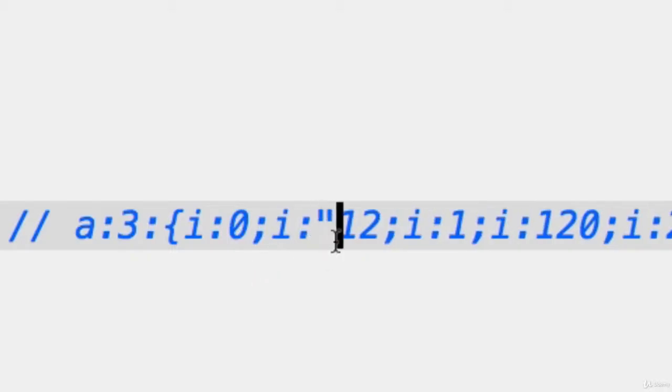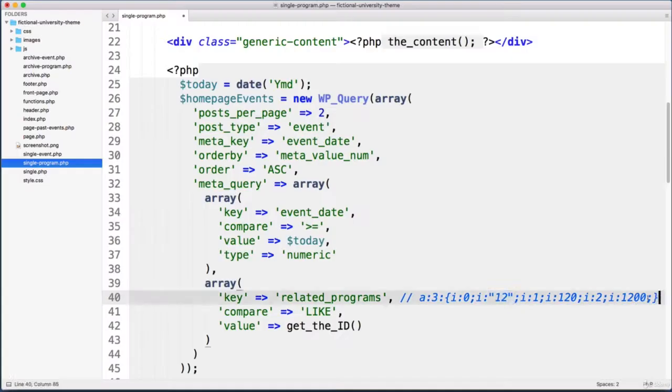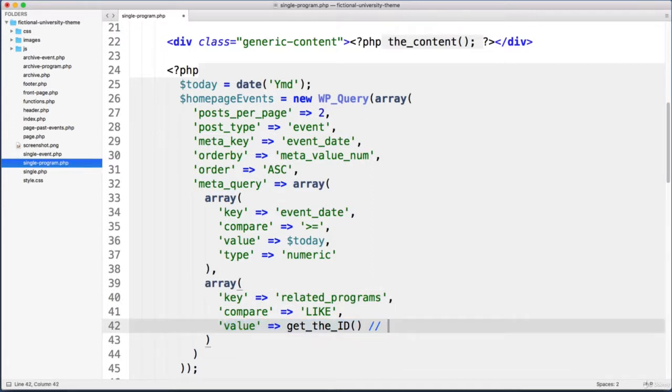However, luckily for us, WordPress wraps each one of these values in quotations. So long story short, when we tell WordPress the value that we are searching for, down here, we don't literally just want to search for 12. We want to search for quotation 12 end quotation. So what we need to do, and this is where you can start typing and following along with me again,